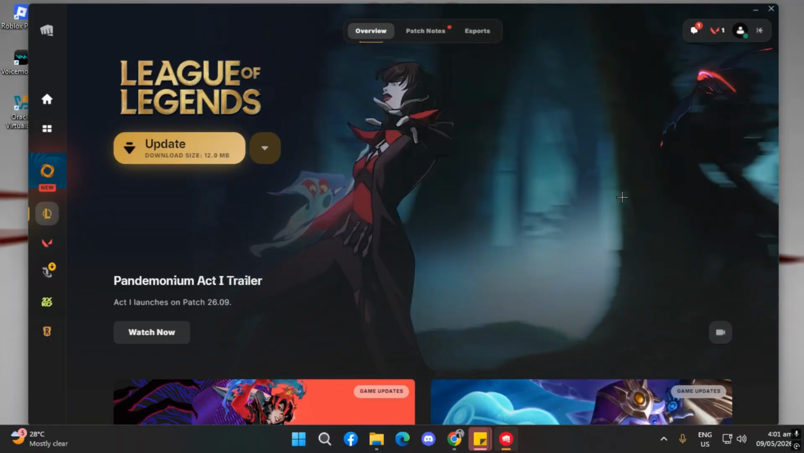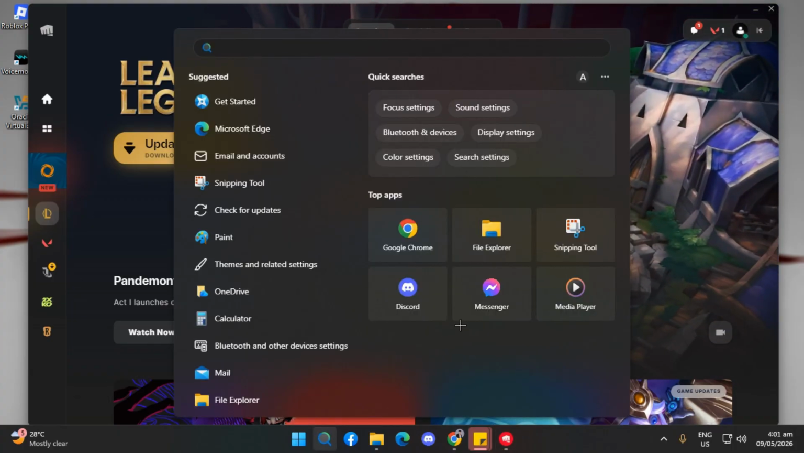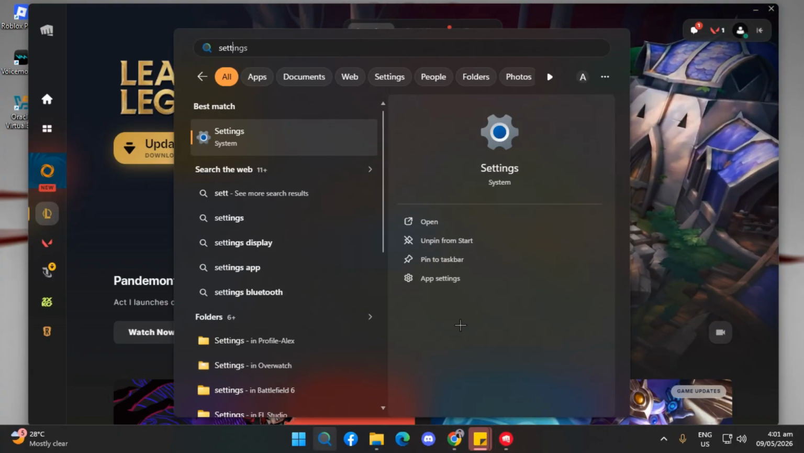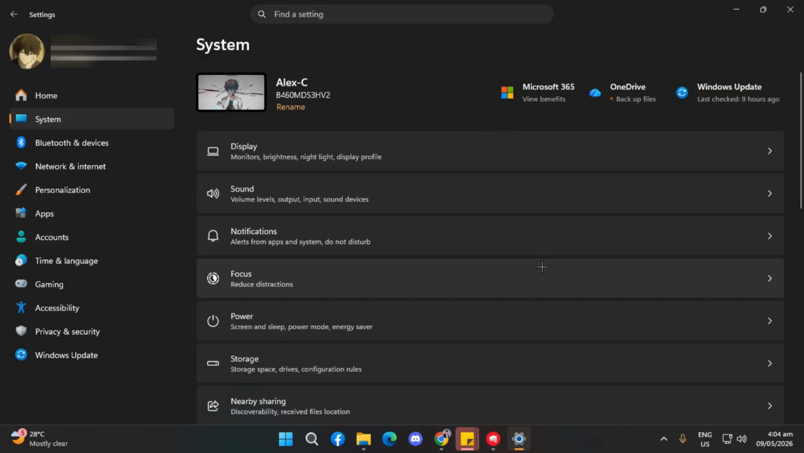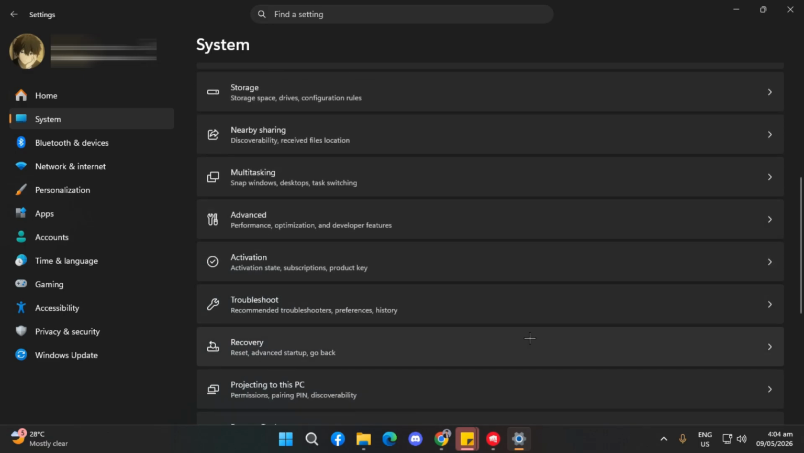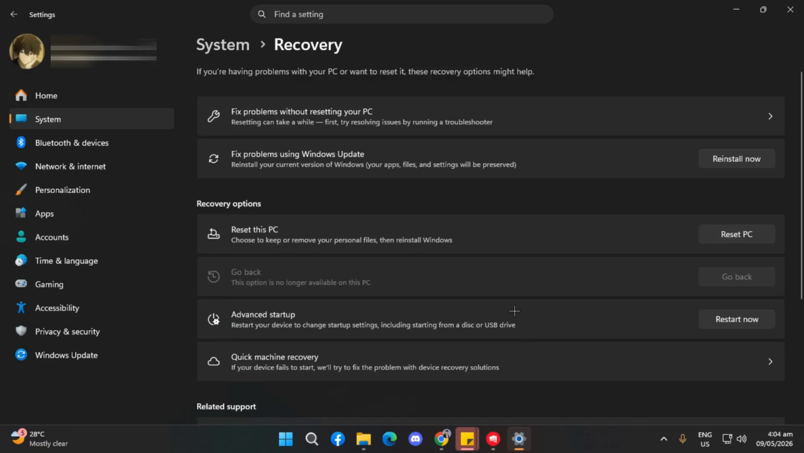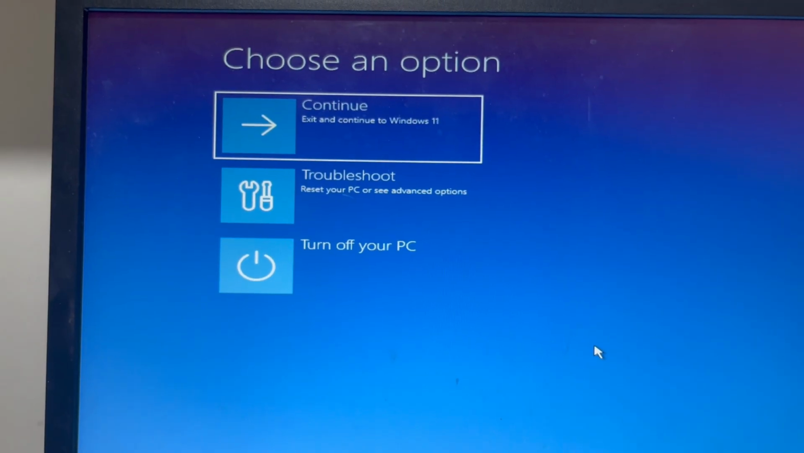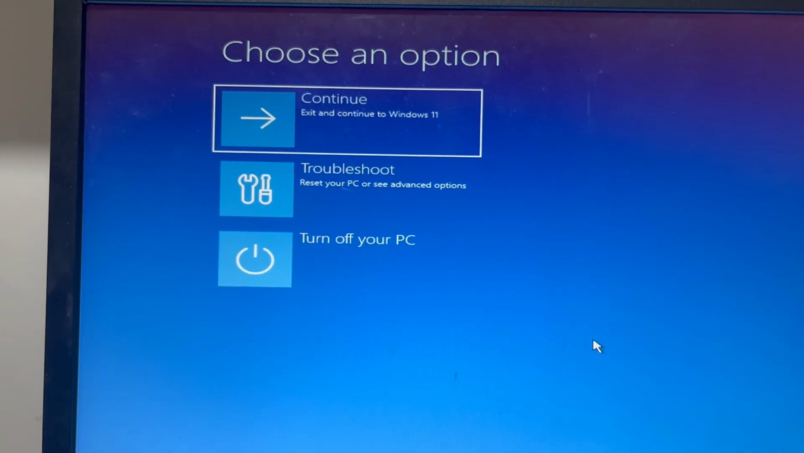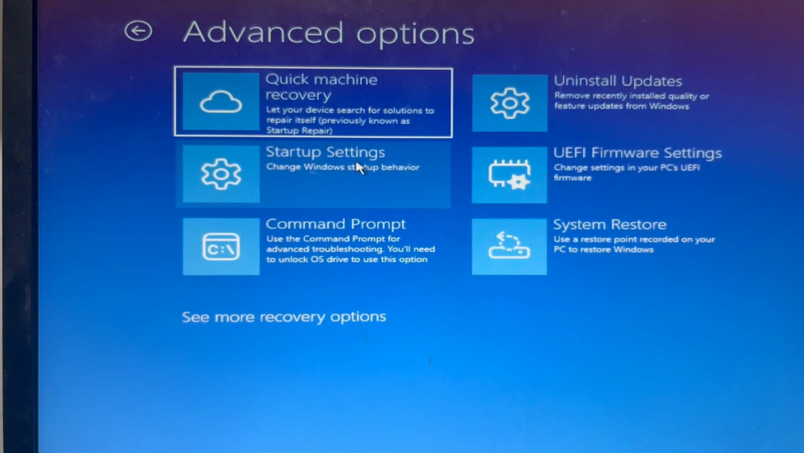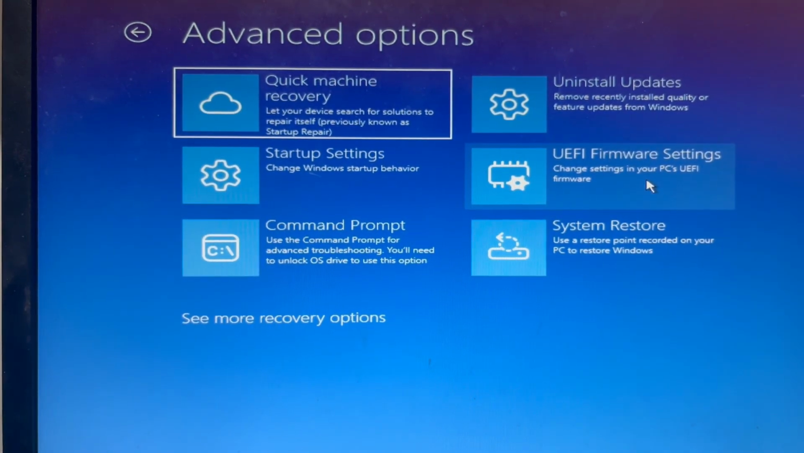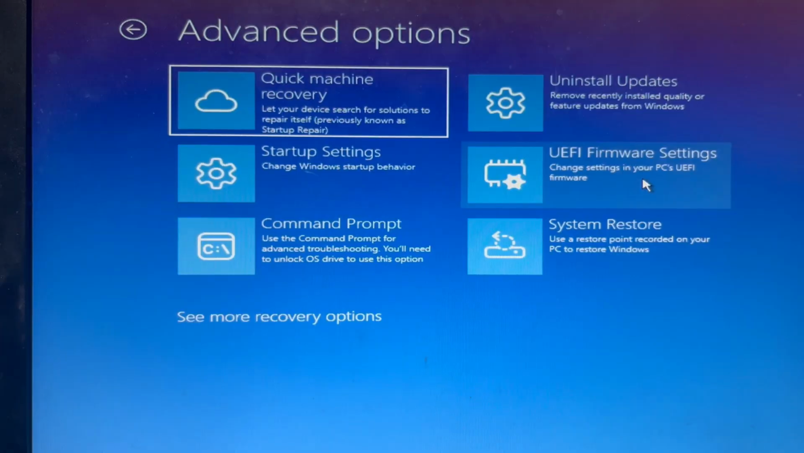In order to do that, go to your Windows and search Settings. In the settings, go to System, scroll down until you see Recovery. Click Recovery and go Restart Now. Now that your device has been restarted, go to Troubleshoot, go to Advanced Options, and click UEFI Firmware Settings and